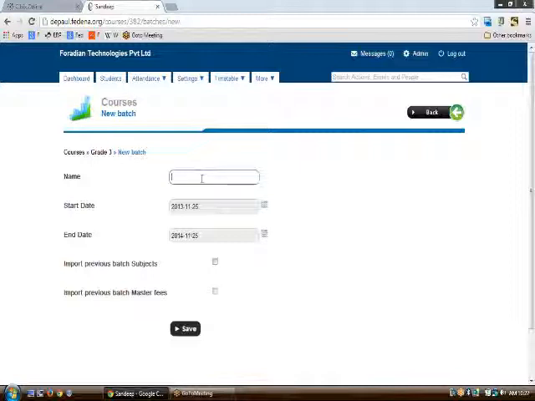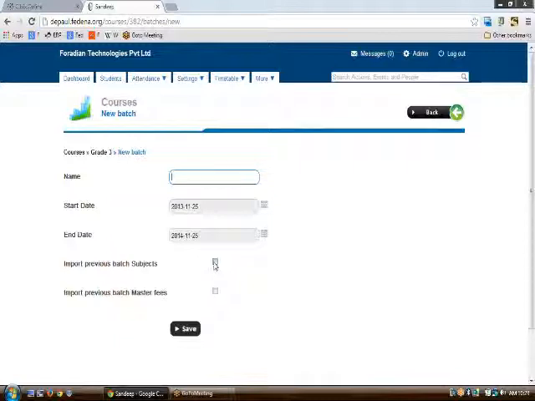Whenever you are going to create a new batch, in the second part you will be able to see the import previous batch subjects and import previous batch master fees options. In import previous batch subjects, if you have created some subjects in your previous batches, like the one in which we have A2000, the same subjects already there in that batch can be imported.